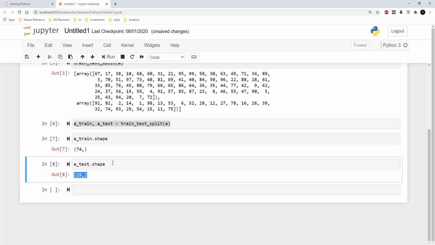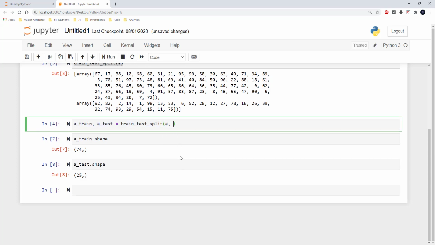I don't want to use such a large portion of my data for testing. I can use only, say, probably 10% of my dataset for testing. In order to do that, I can give a parameter while splitting the datasets, and that parameter is called test_size. Here I am giving it a value 0.1, which means that only 10% of my data would be used for testing and the remaining would be used for training.